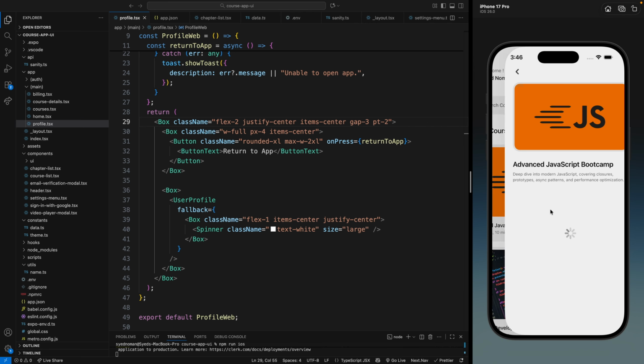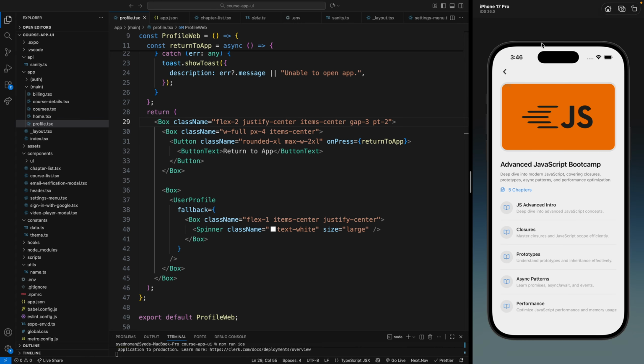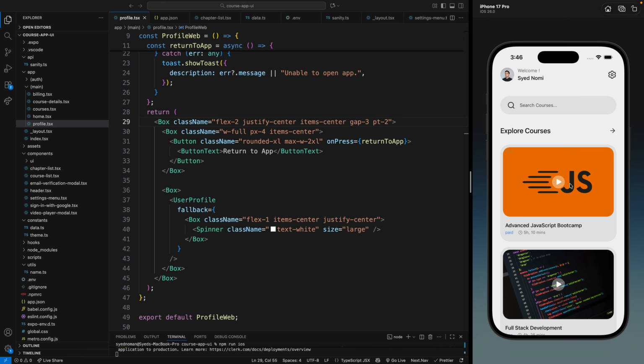And now if I go to the paid courses, I'm able to see this because I'm a pro user. So I can see all the paid content. So now all the functionality is added. Now let me pre-build the application to create a development build, and let's see if the return to app